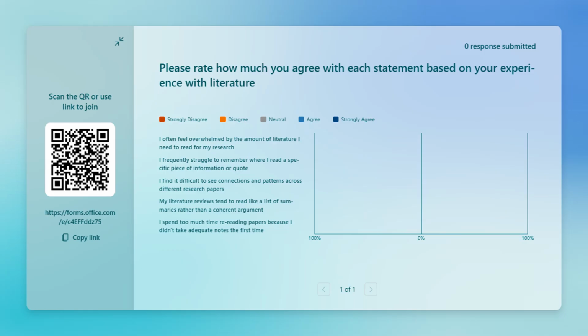In this first activity, we are asking you to consider the statements presented and tell us how much you agree with each statement based on your experience with the literature so far. There are common problems everyone faces, including information overload, losing track of that perfect quote you saw last week, notes that feel disconnected and fragmented, rereading the same papers over and over, assignments that just list sources with no clear link between them. Please pause the video here to complete the activity and return when you are ready to move